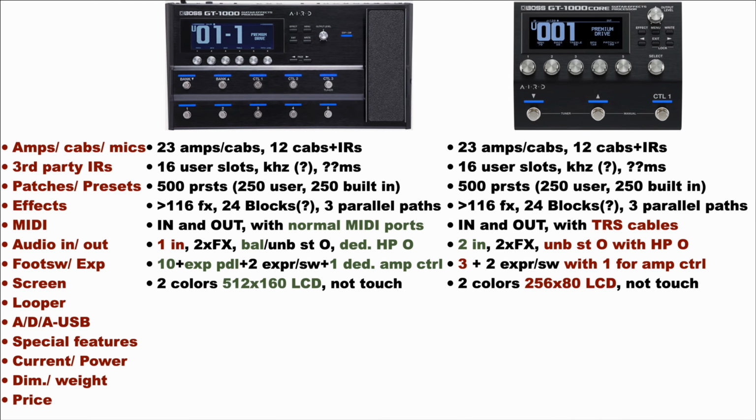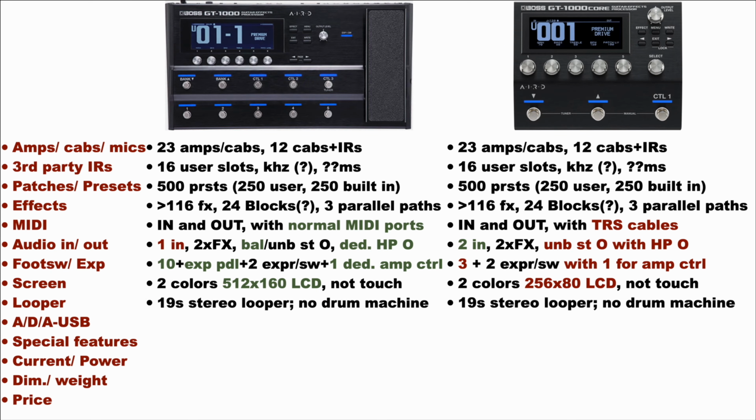The screen of the GT1000 has more pixels than the one of the Core, and honestly this is an unexpected downgrade, as the Boss GT1000 screen is pretty bad in comparison with other amp modeling pedalboards in this price range. They both have the same looper capabilities with the 19 seconds stereo looper, and they also have